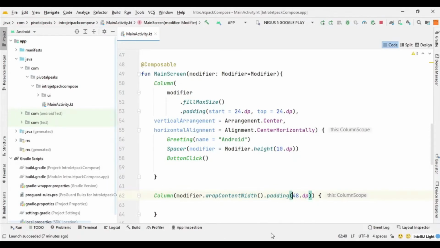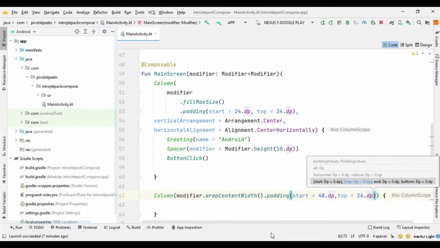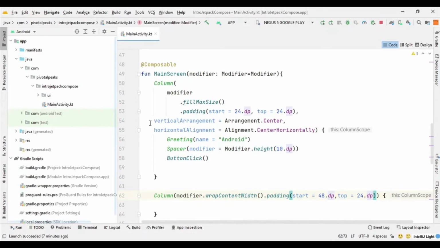We also need to provide the start. So start equals 48 dp, and for top we can leave it for 24 dp. And I'm going to remove this vertical arrangement. So I want to show you how two columns work. So let's remove these two.